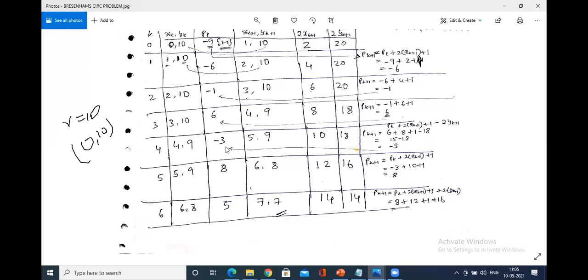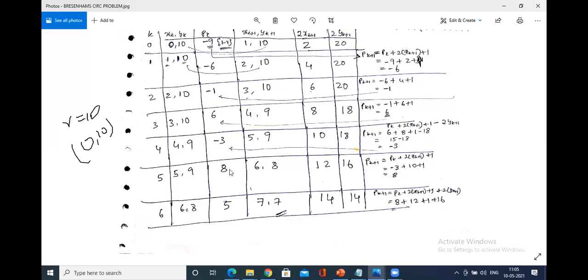Based on this, again, you have to take the decision for x-intercept and y-intercept. Since it is -3, again you have to retain the same y. Here x is incremented, so the point is 5, 9. And again you have to calculate the new pk value based on these values. So again, -3 plus 2 into xk plus 1. So xk is 5. This was the old value, I just copied it over from here to here. So calculated, you will get 8.